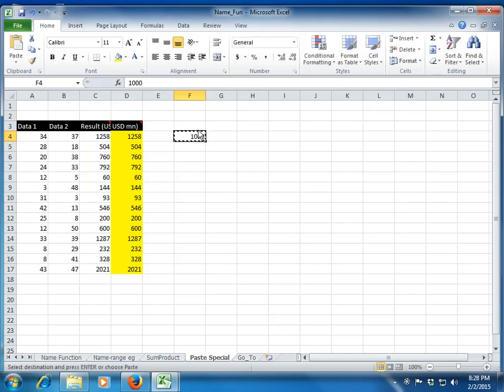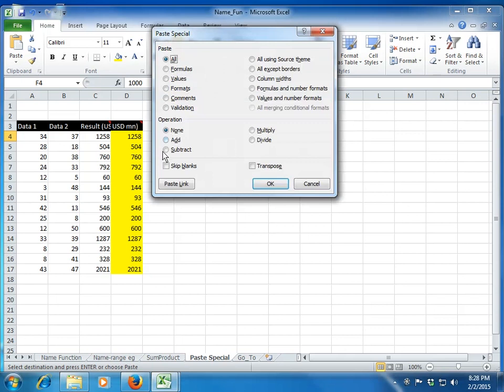Use Control C, because without Control C a paste special window will not work. Press Control Alt V. Then in the operation section you have four basic operations: add, subtract, multiply and divide. Since I want to multiply,